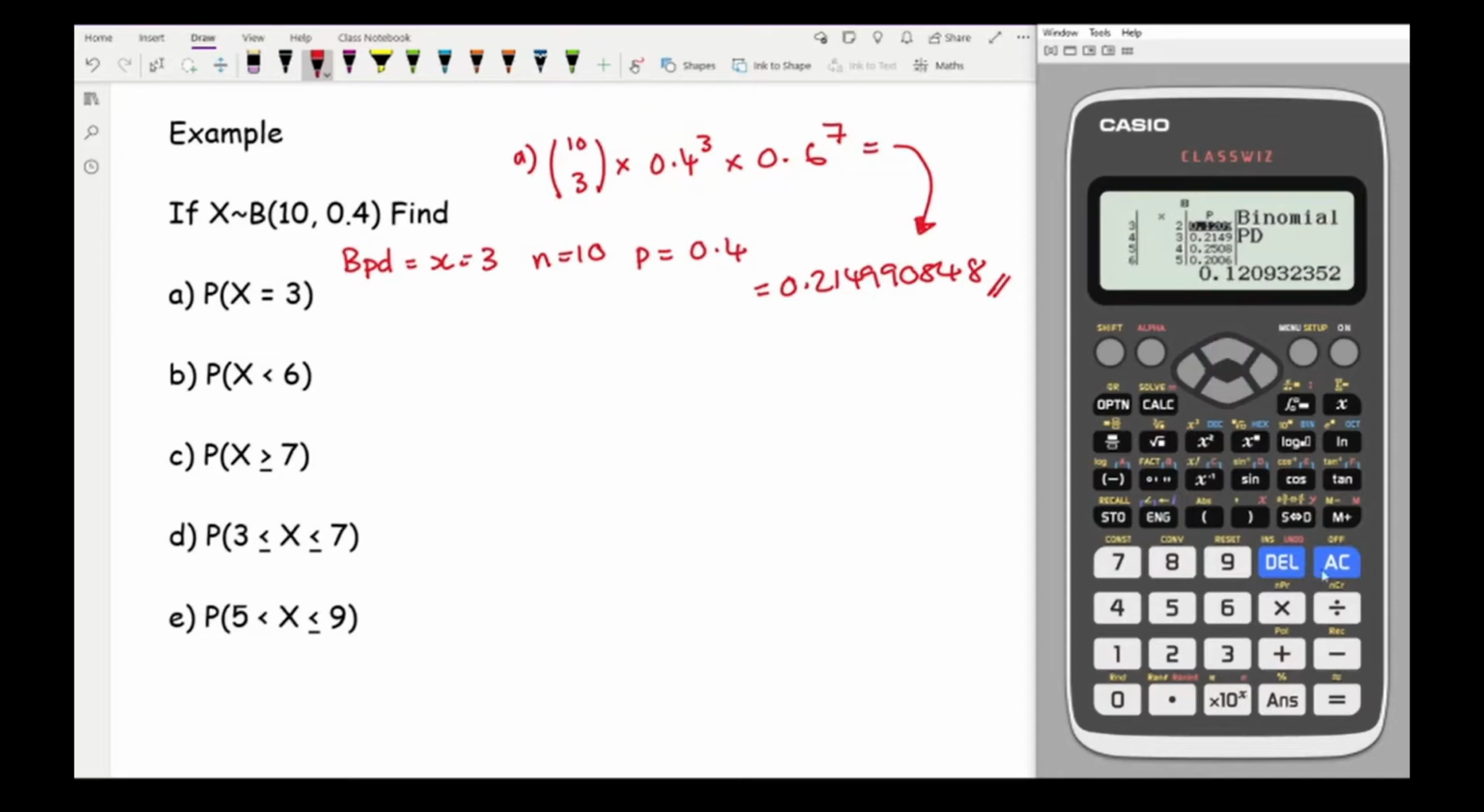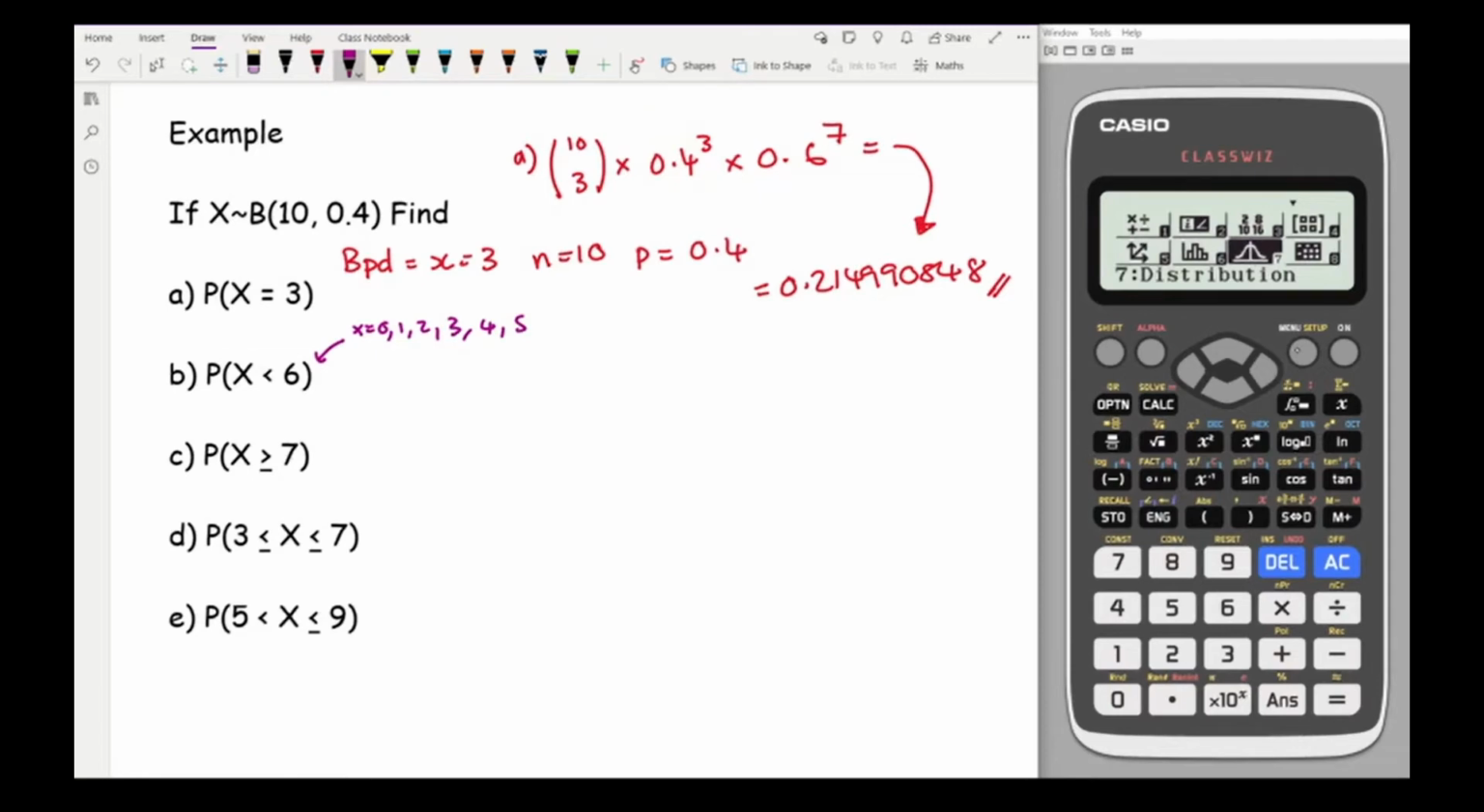So let's move on to the next question. So let me move out from that. So this time we're working with x is less than 6. Now for this, the numbers I'm wanting is that x equals 0, 1, 2, 3, 4, 5. They're the possible numbers that I want. So I could use the formula to work out each of those individual 6 probabilities, add them all together, and